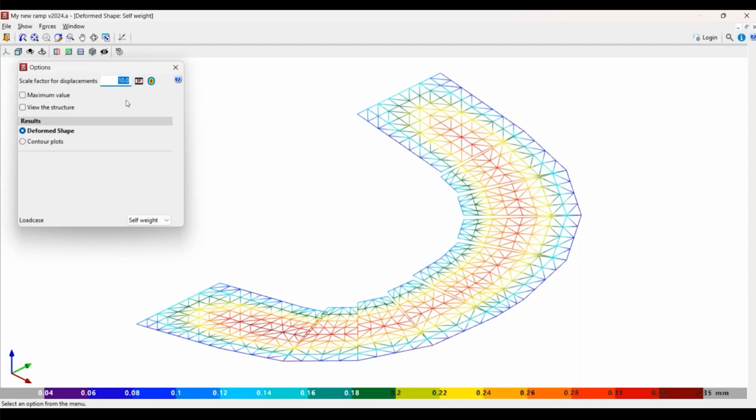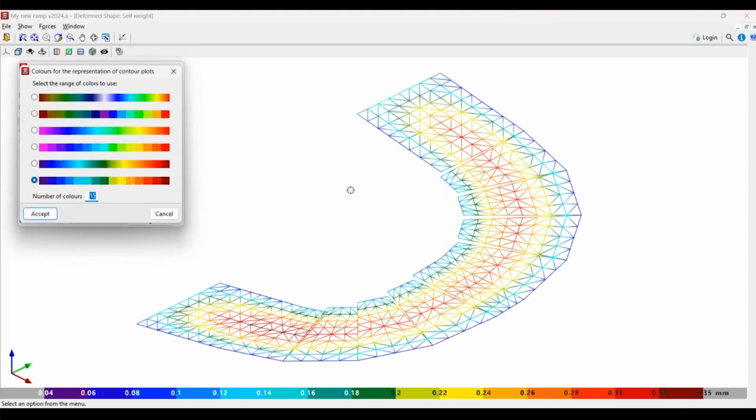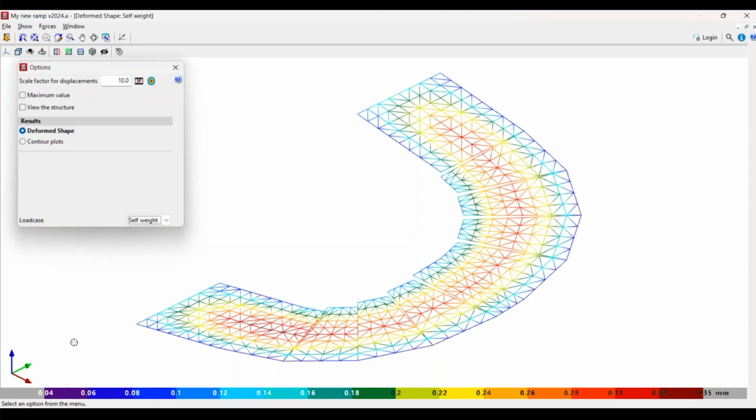We can add here, for example, a scale factor. If I increase it a lot here, I can see this displacement a little bit more. Okay, I can change the colors I'm using here in the scale, because we can see the values of the result I'm selecting in this bar here. So in this case, the deformed shape goes from 0.04 to 0.35 millimeters. So in the middle of the slabs, we have, as was expected, more